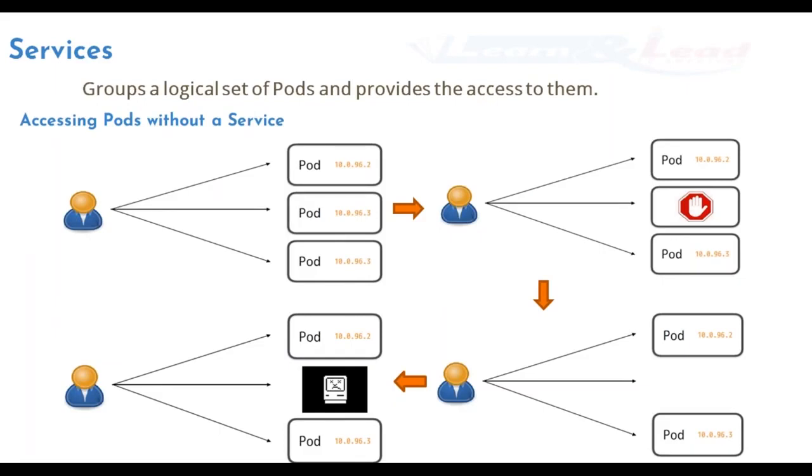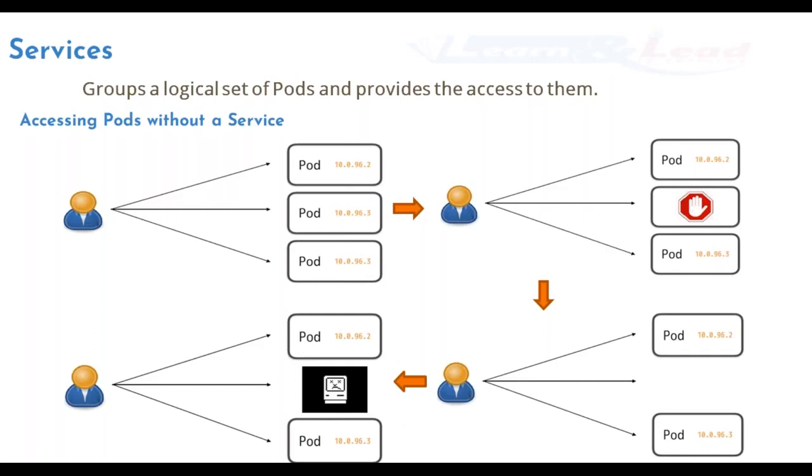Now here team, let's look at the diagram. You can think that you can access the application within a pod directly. Of course, you can send a request directly to the pod. Now whenever the pod goes down and a new pod comes up automatically, it changes its identity, which means the pod ID and the pod IP address get changed. So you would not know how to send a request to the new pod unless you go and check the IP address and then send it back to the load balancer. Now that's a long process, right? So accessing the applications without a service is possible, but that's not how we should be doing it.